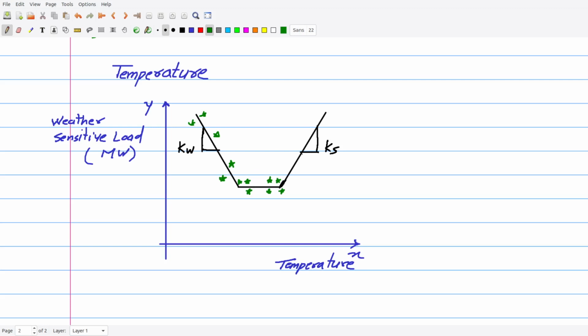So these are data points that we have collected, and if you join these data points